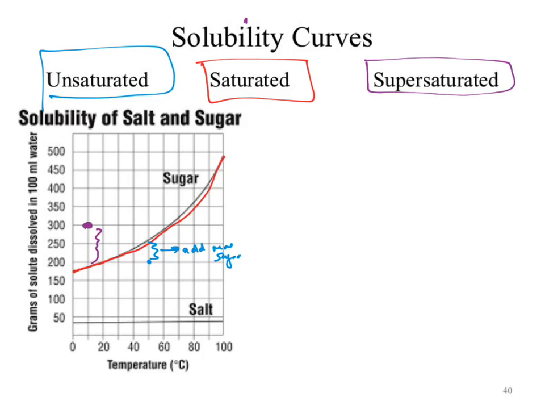We heat it up. We go up to say 60 degrees Celsius and we dissolve 300 grams in 100 milliliters of water. And then I slowly cool it down. As I cool down, what happens? All I'm doing is changing the temperature. If I cool it just right, I've now tricked the solution, the solid, to stay in solution. So I've tricked someone to walk into a dark house. What do I do once they've